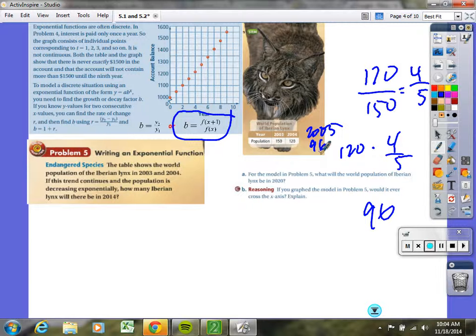Or, let me show you another way. We could write an equation, couldn't we? How can we write an equation? Well, we're going to consider 2003 year 0. Does that make sense? So if that's year 0, that's your A value. So the population in terms of time, I'm just making it into a function, equals 150. What's our rate? 4 fifths, right? Raised to the